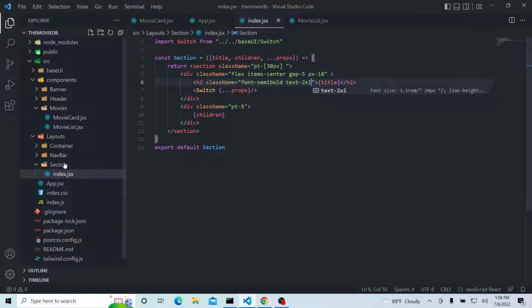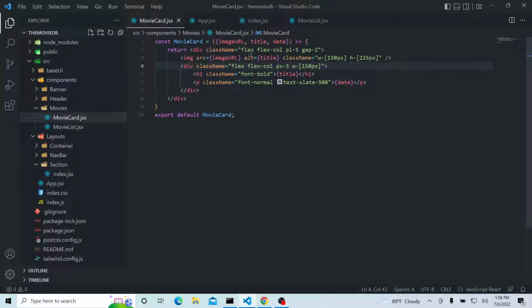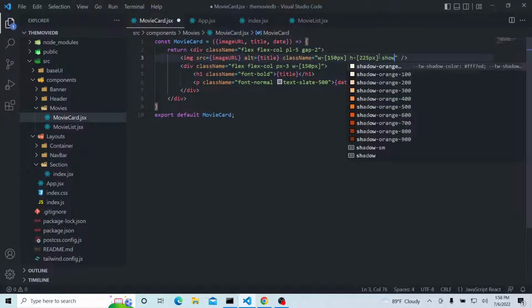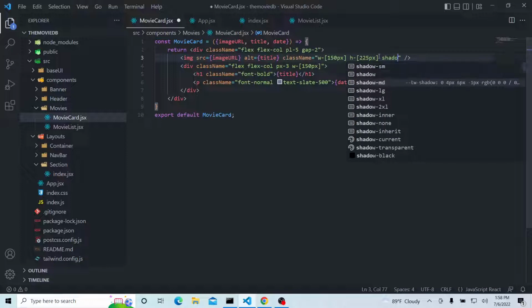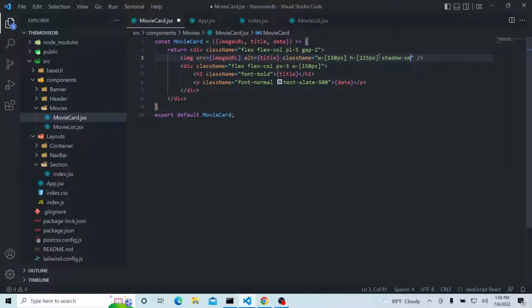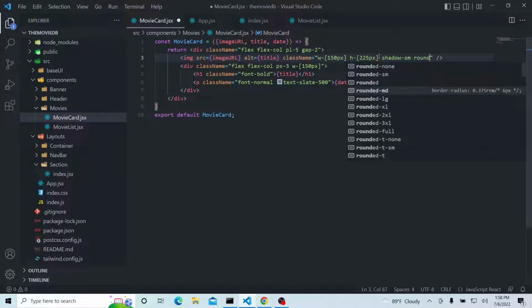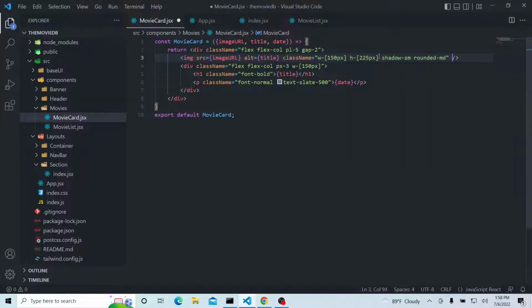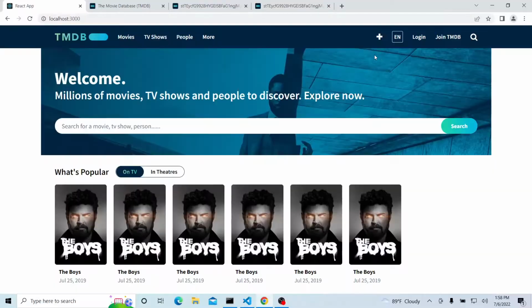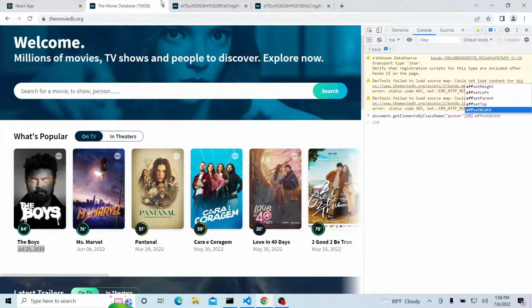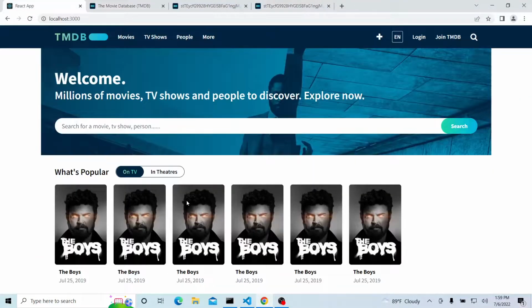It's not here in the movie card. The image, the box shadow, let's just say the Tailwind one would be shadow medium. Okay, shadow SM, small shadow, and for the rounded border radius, I'll just give the Tailwind 6 pixel. Okay, and yeah, pretty good, I guess. So let's see what if we have